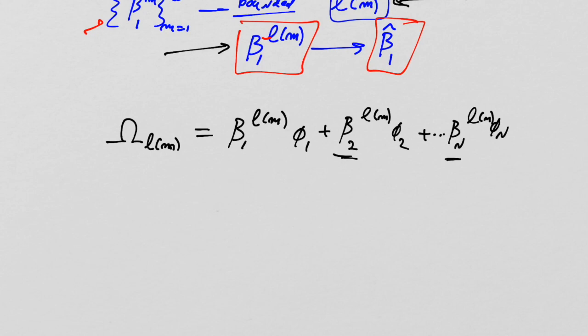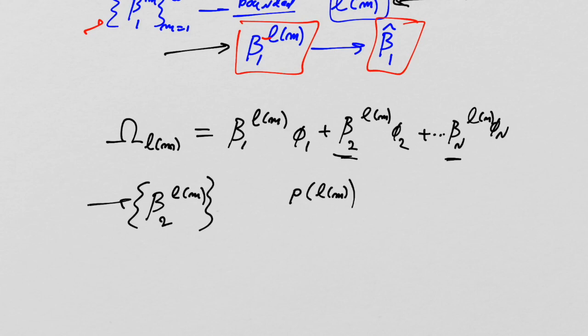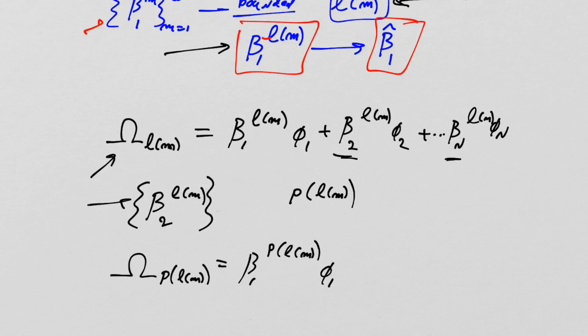Now think about beta 2. Beta 2 LM, it's still an infinite sequence, and it's still bounded. So this sequence has a convergent subsequence, and we would call that P of L of M. And now what we do is we force P of L of M upon this guy. And what do we end up with? We end up with omega, P of L of M. And that's beta 1 P of L of M, phi 1 plus beta 2 P of L of M